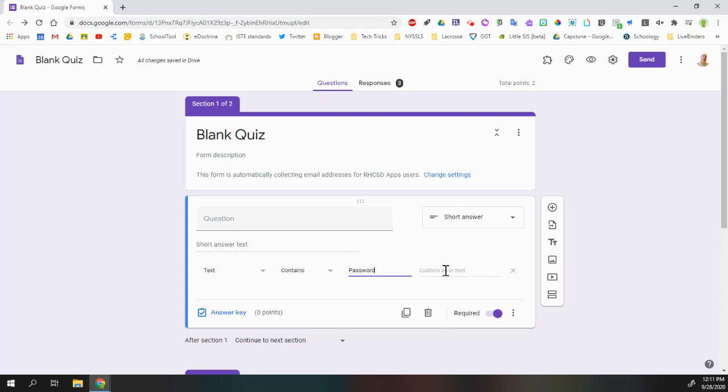Now, the other thing you must do is where it says custom error text, if you don't put something in here, it will give away the password as soon as a student tries something. So for here, we just simply say incorrect. I'll tell them that's not the right password. We can just say here, password for the question, and that will allow us to have a password on our